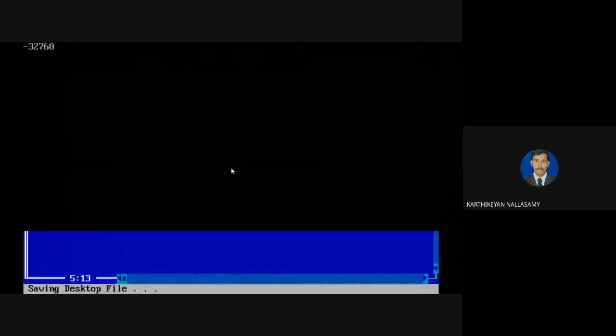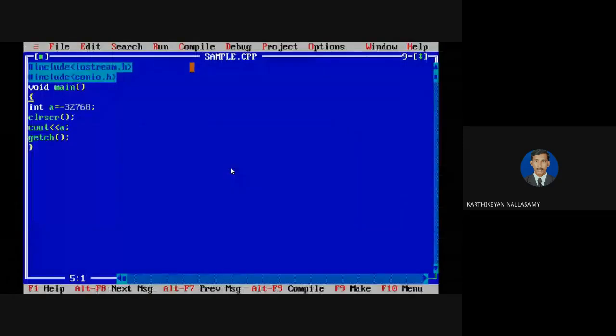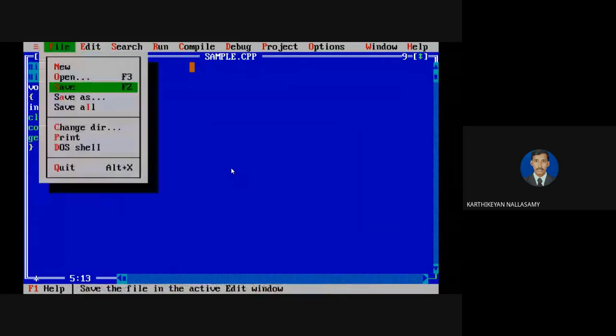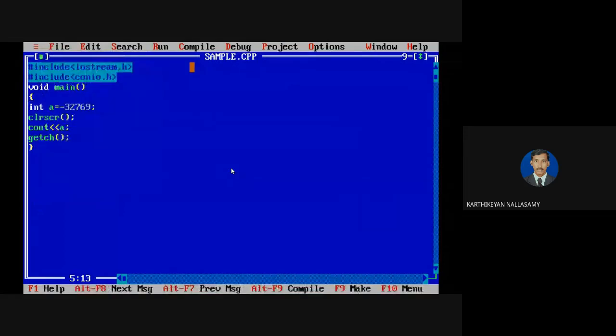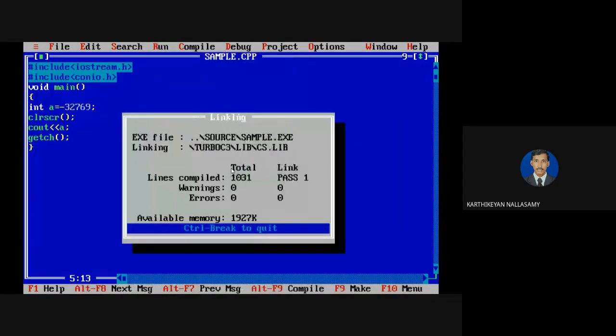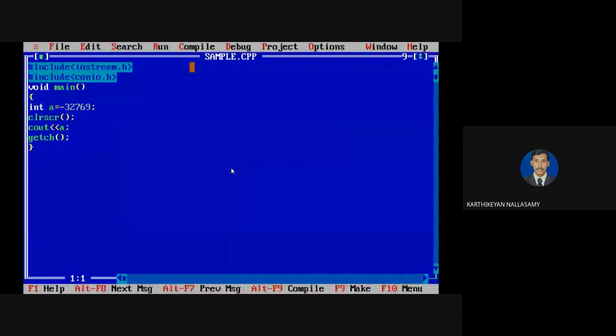So it will display. In case I use minus 32,769, it won't be able to store it, because we need 16 bits for the representation along with the sign, so we need 17 bits. For an integer, I have only 16 bits, so it is unable to store minus 32,769. So it goes for a reverse representation. It means that the range is in a circular